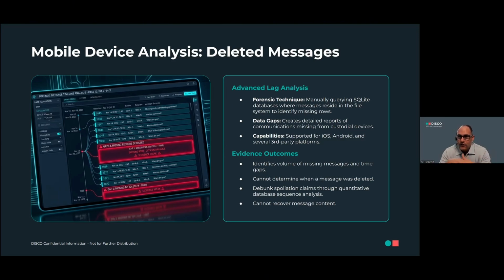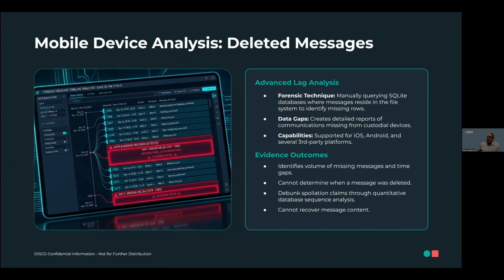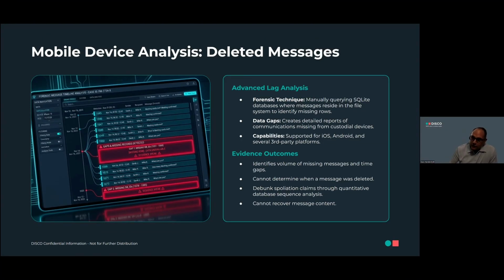And the other side's expert wrote an expert report saying that there had been 27,000 or so messages deleted recently. And he had all these reasons why that was true. Our examiner essentially went through and debunked that entire thing, showing that these particular gaps were not only on the new phone, but were on the old phone, which was 3 years old. So impossible that these exact same messages were deleted recently.